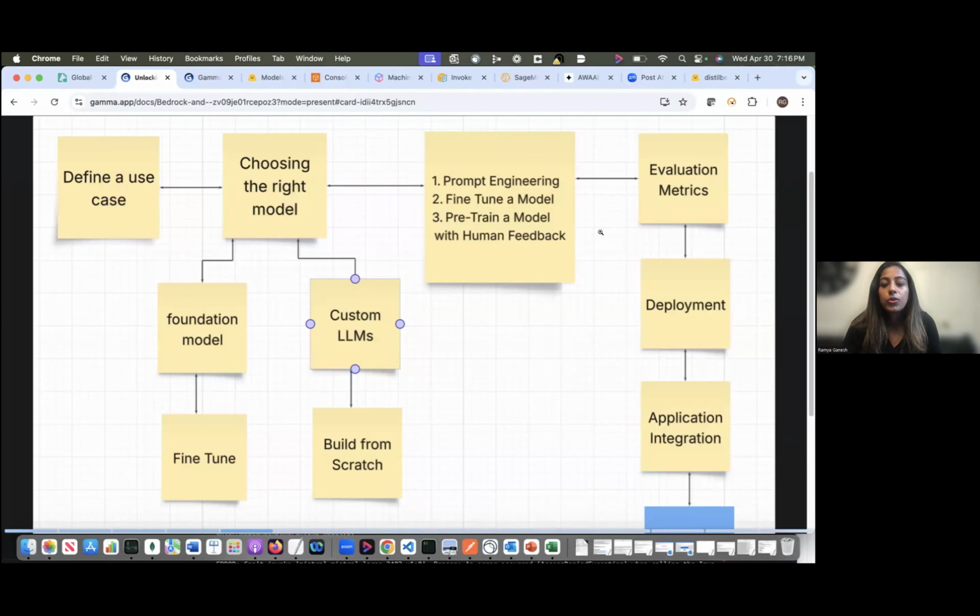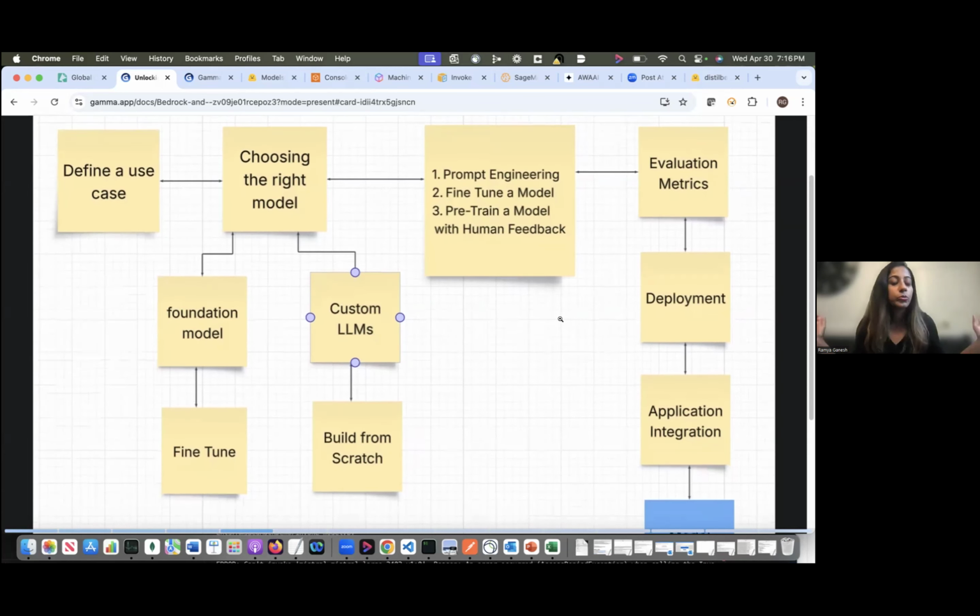Once you have the model defined, you'll be running some evaluation metrics, performance and all the other metrics that come with a model. You'll be checking that, and deploying it on a cloud. Once the model is deployed, it will be integrated with the various applications running in your environment.